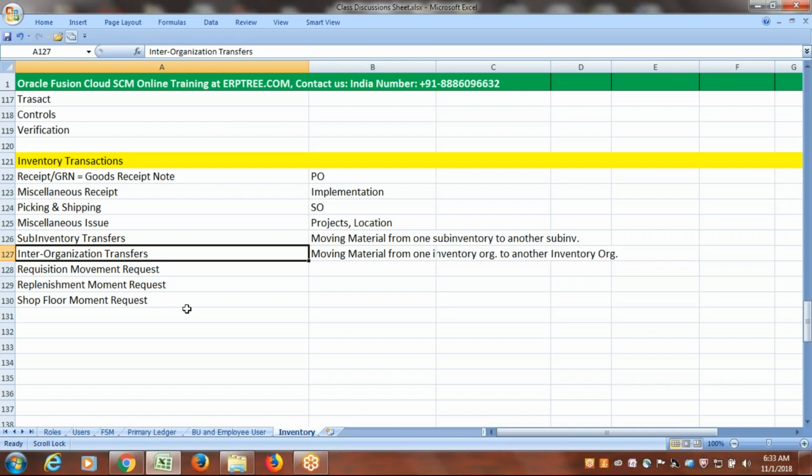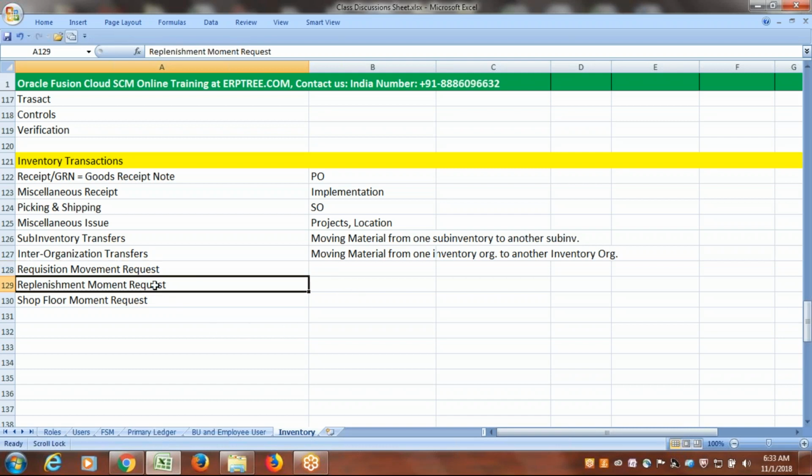Maybe you want to just put a request, or else it could be issuing the material also. Normally with a requisition movement request, we can request to move the material wherever we require, and even for issuing purposes you can raise the